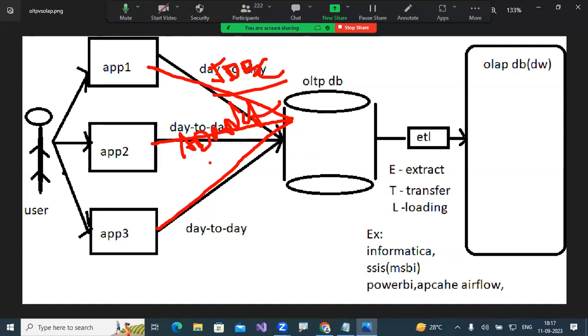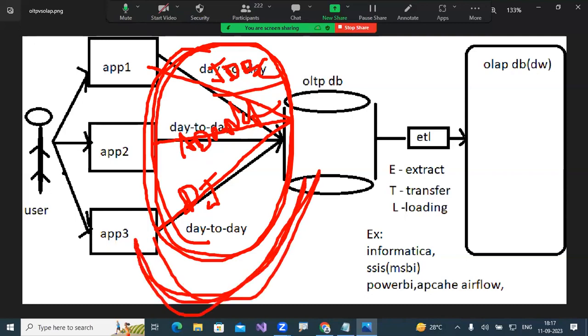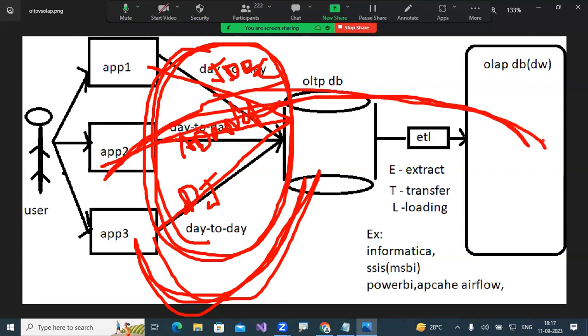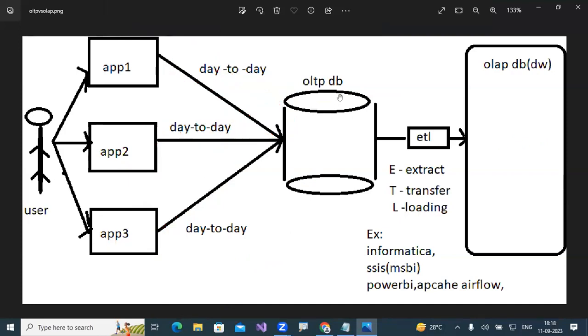So .NET applications use ADO.NET to connect to databases. And what do Python people use? Django frameworks for communicating with the databases. So there are middlewares and interfaces available from application to OLTP. It was possible, but application to data warehouses, there is no interface in between. That's why your communication will happen with the OLTP only. Right. So later, we said if every day's transactions come and are saved in OLTP, automatically after a certain